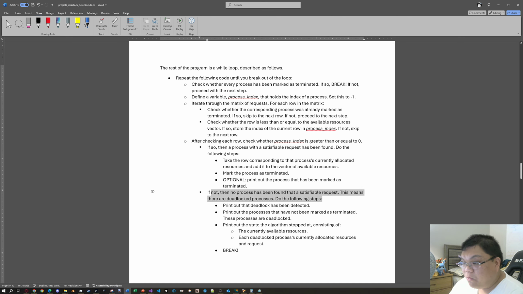If we found no such satisfiable request, it means there are deadlocked processes. So we iterate through the matrix of requests, find a request that we can satisfy. If we can't find such a request, and we've determined that there are still some unmarked processes, that means we have deadlock. At that point, we're going to print out that deadlock has been detected, print out the processes that have not been marked as terminated,